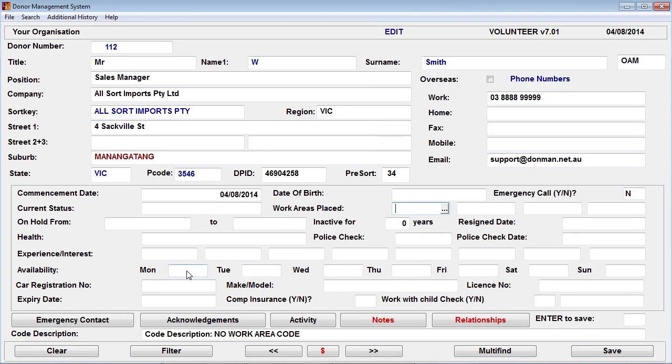There's availability codes, which might be AM, PM, all day, or you might have 2-hour blocks, whatever you're using, so that this person's available on that day, I can use. If the person drives for me, I can have registration numbers, I can have make and models of cars, their license numbers, their expiry dates. If I've got police checks, etc., which is fairly mandatory now, I have police check codes and police check dates. So this will be the date that the police check expires,